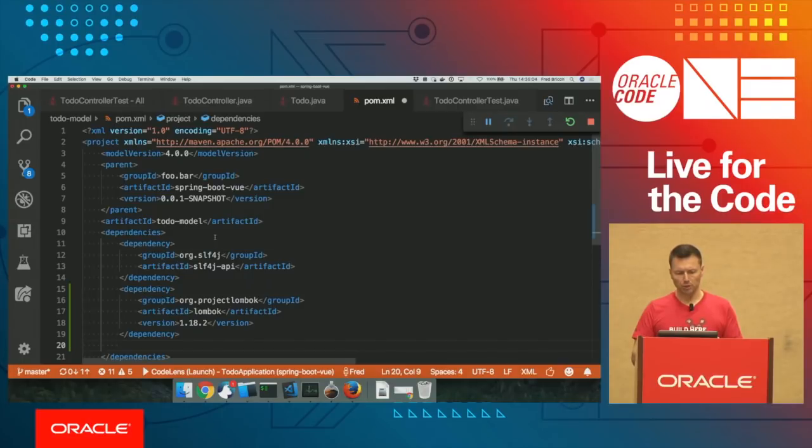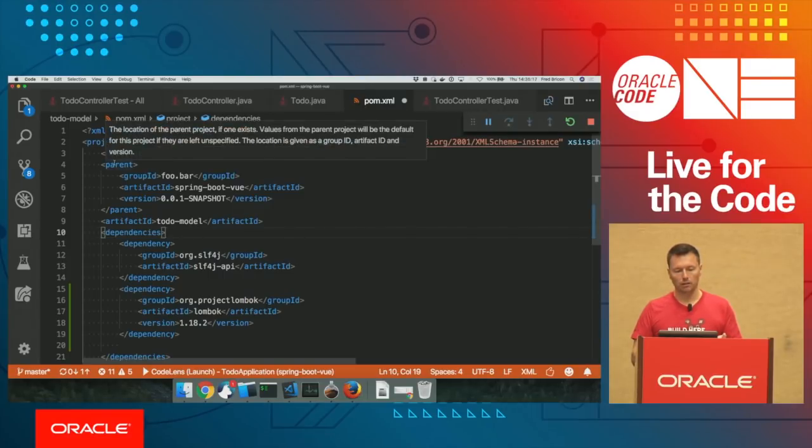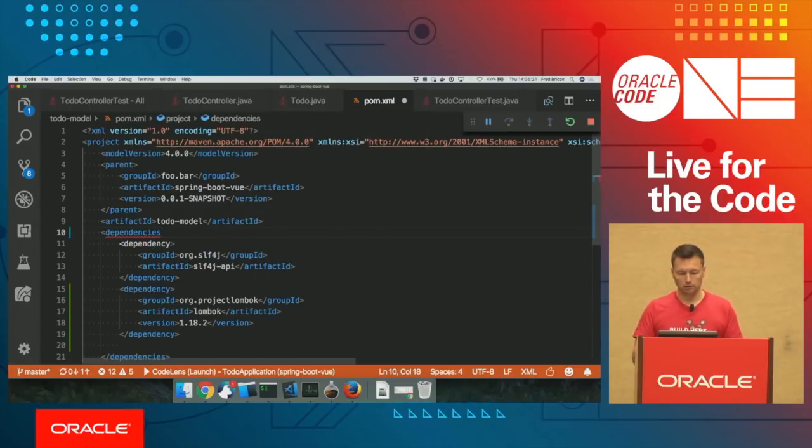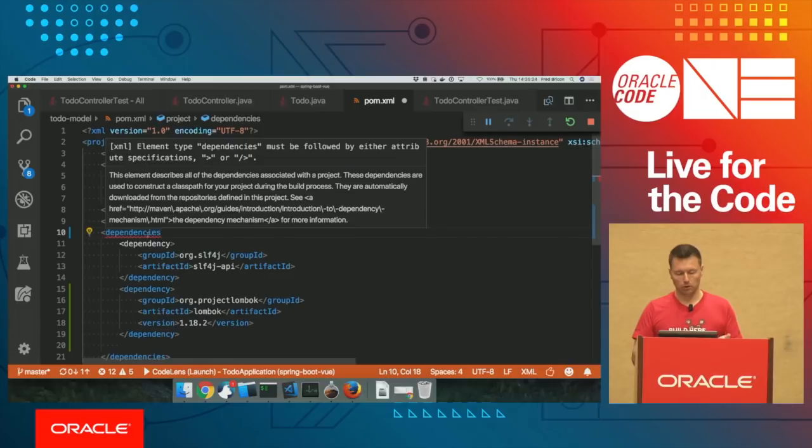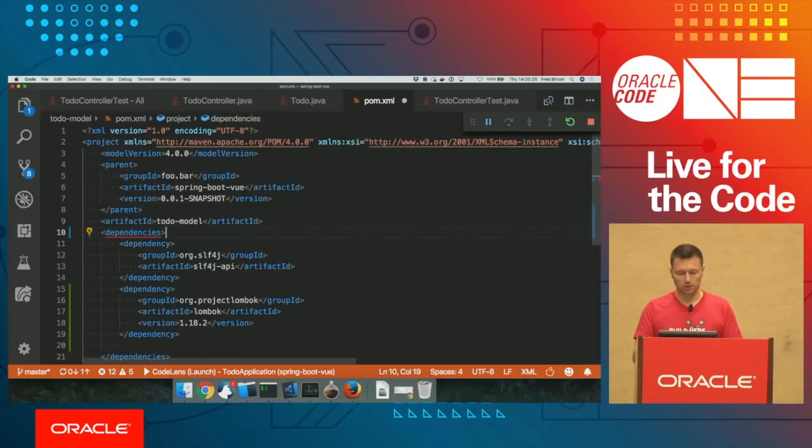Because the POM XML declares the schema to use, we get documentation on hover, we get support for basic XML validation,